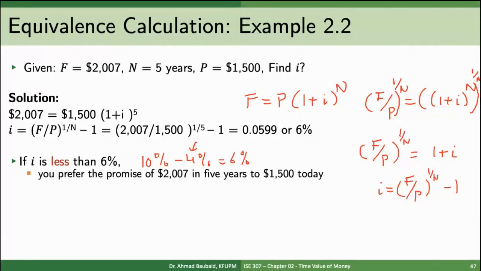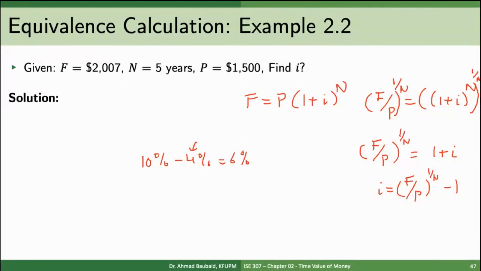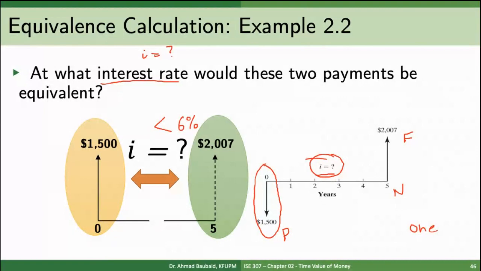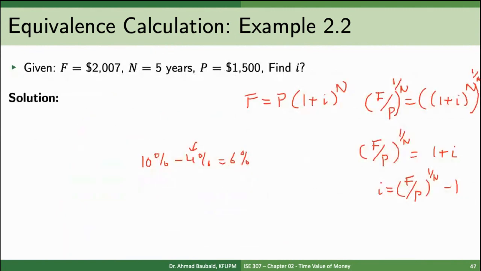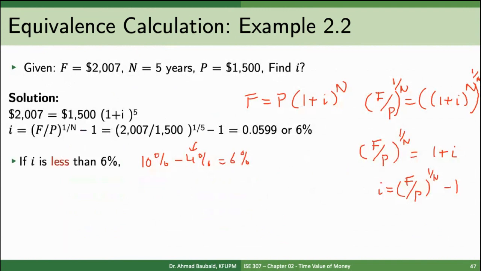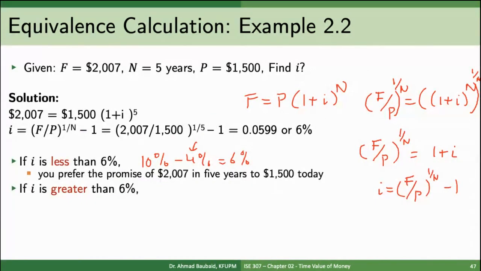Okay, so we said if the interest rate is less than 6%, I'm not going to be able to have $2,007 in 5 years from now. So because it's going to be less, I should choose the $2,007 5 years from now, because that's the option. Similarly, if the interest rate is actually greater than 6%, then I would prefer the money now because I can take it, I can invest it, and after 5 years, I would have a lot more, hopefully, than $2,007,